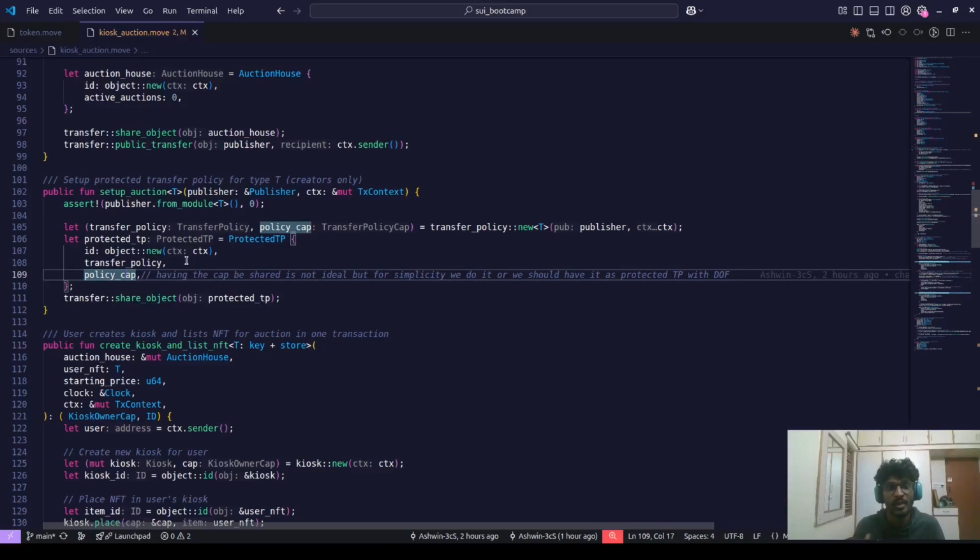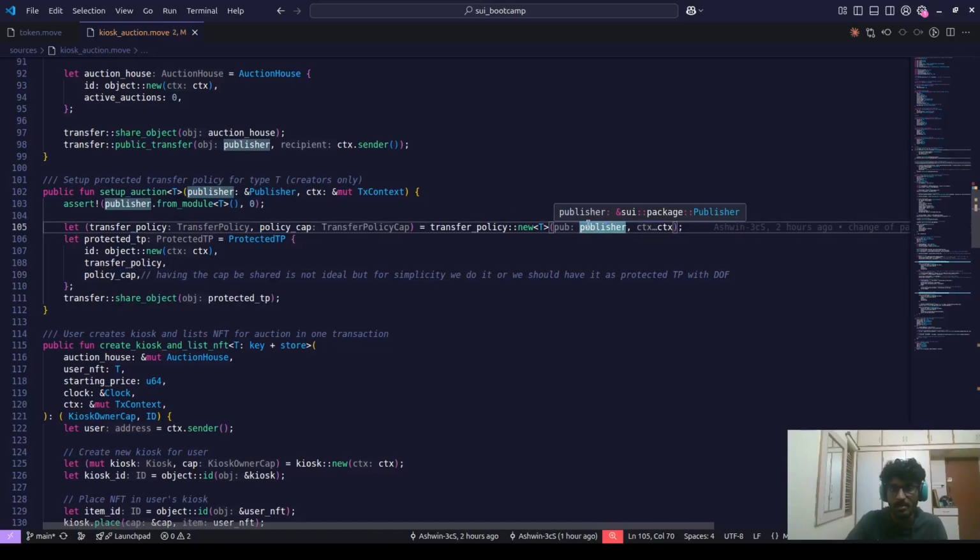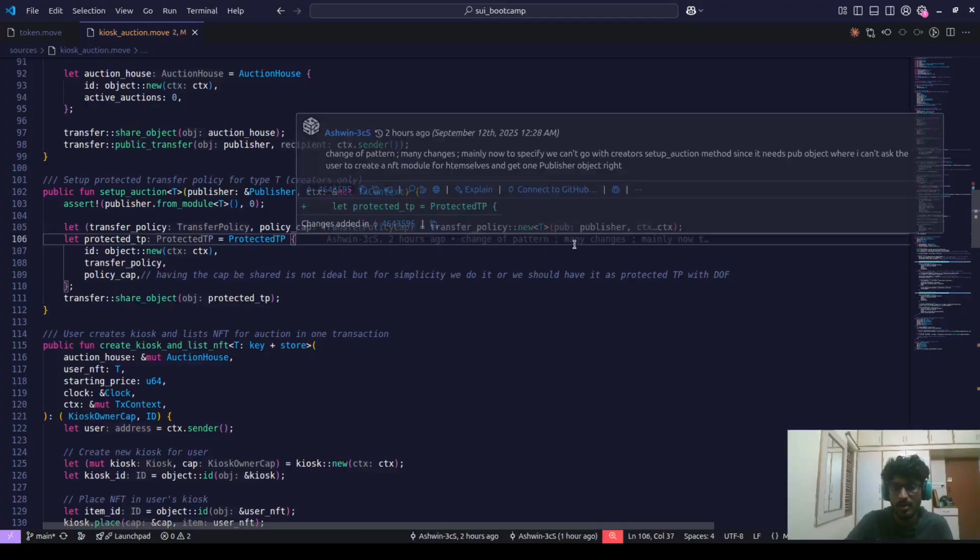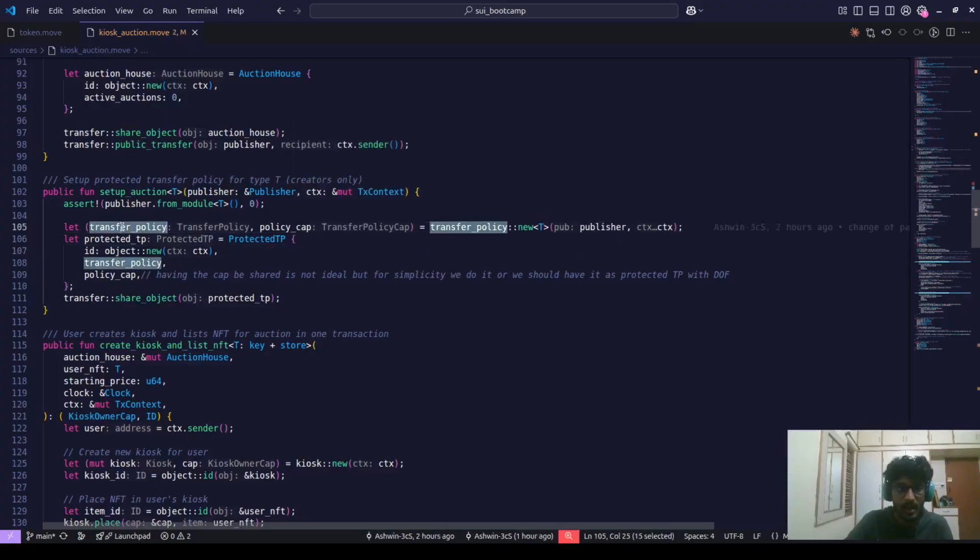When they are trading your asset, you need to make sure in the contract that that exact tradable asset type belongs to this exact publisher. Publisher, in the sense, belongs to the exact package. If you see the fields of the publisher, it has the package and the module, whatever type it has, package or module I'm talking about. So you are defining the transfer policy, and you are initializing it here